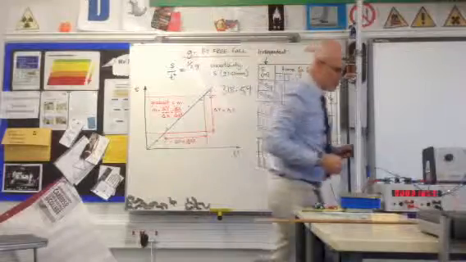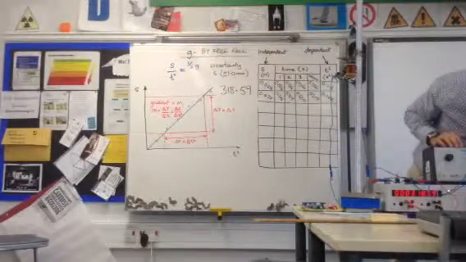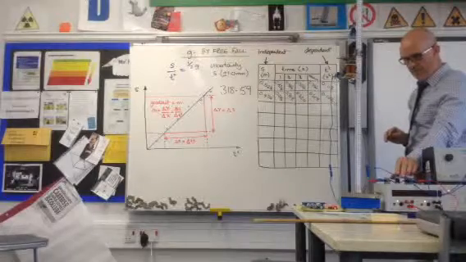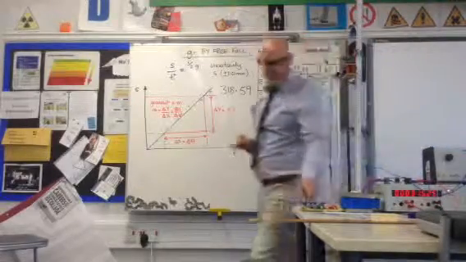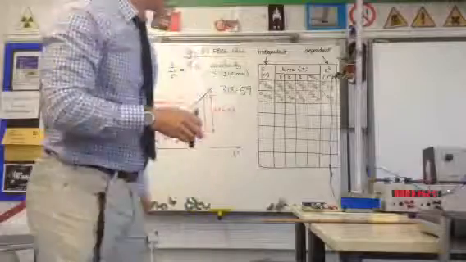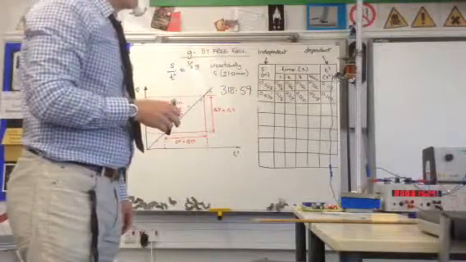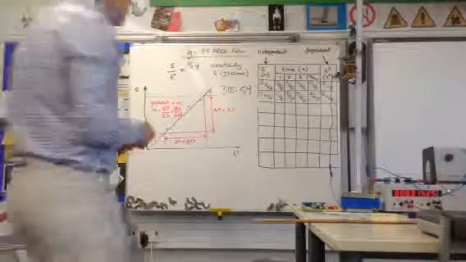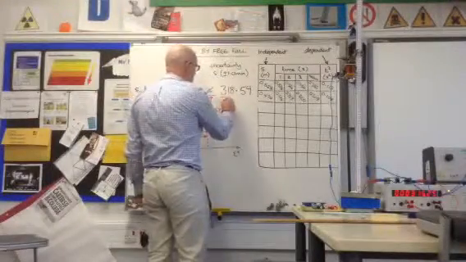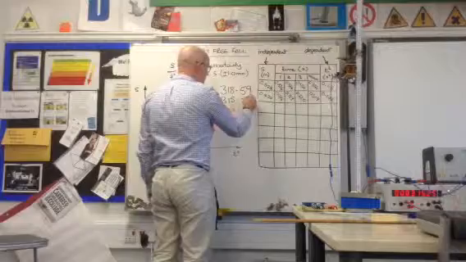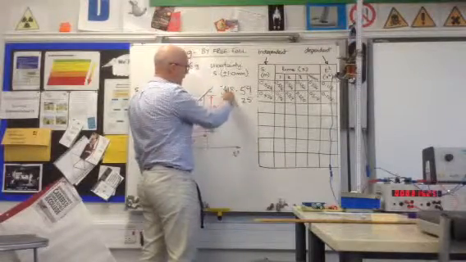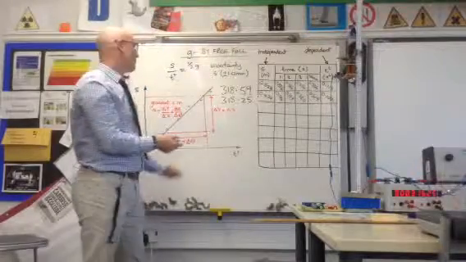Now, if we watch what happens, remember we haven't really changed anything else. All I've done is put the piece of paper in. Now this time, we have 315.25. Now, the difference between those two is about, well, something